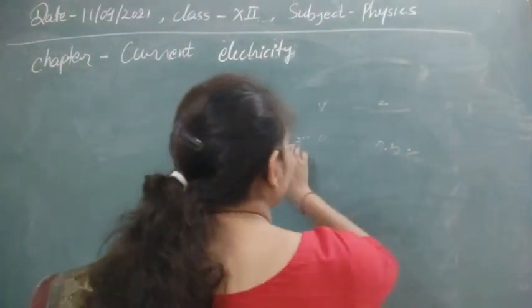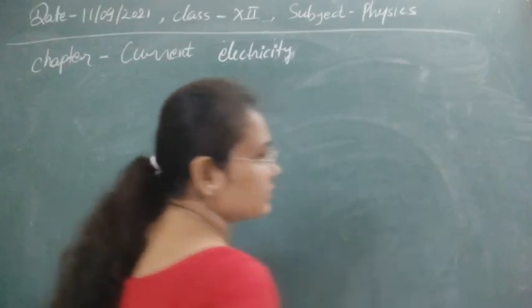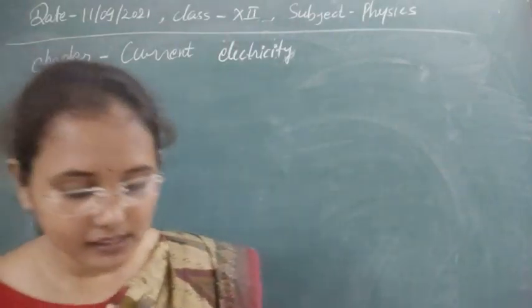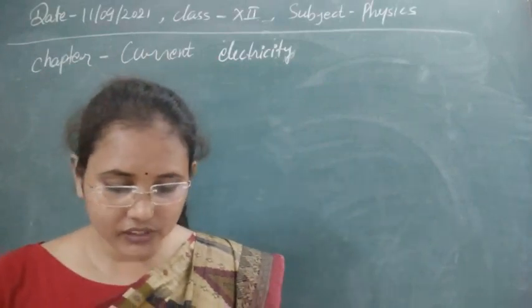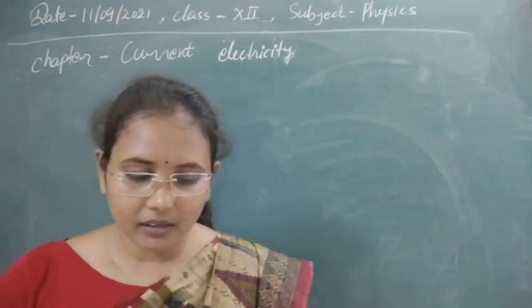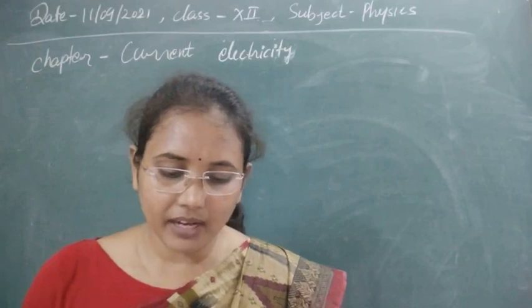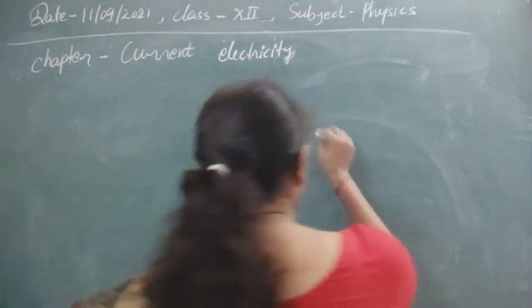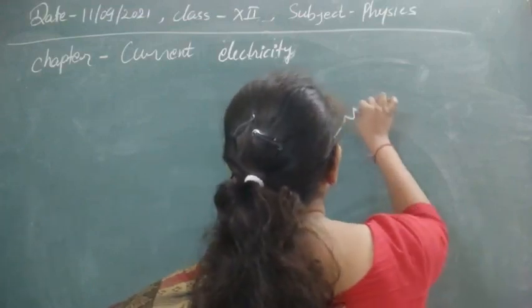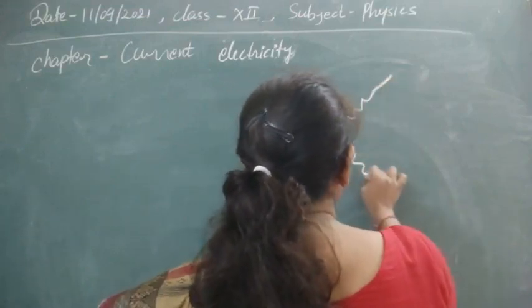These are very basic questions that you have just seen, and these are very important questions in MCQ format. The next question is: in the given figure, calculate the equivalent resistance between points P and Q. So let's draw the figure first. The combination of resistors is given to us.